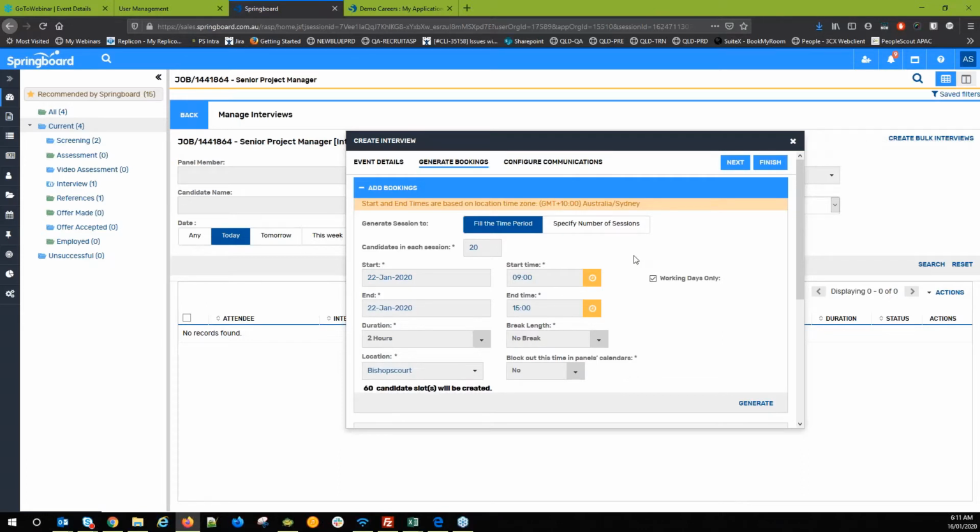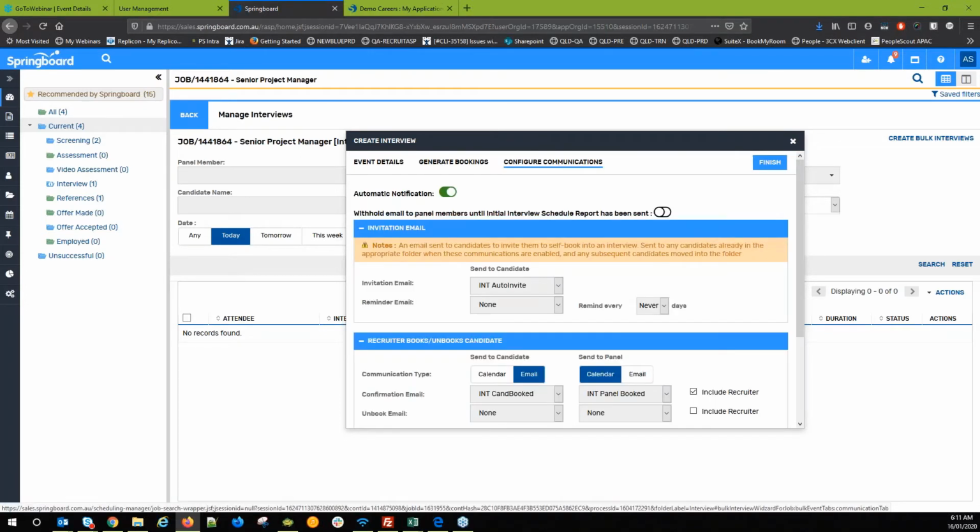The final step of creating an interview slot is configuring automated communication. In this page, we're basically defining all the email templates at different stages. The first stage is invitation. Any candidate who falls into that folder or step of your business process, in this case Interview,